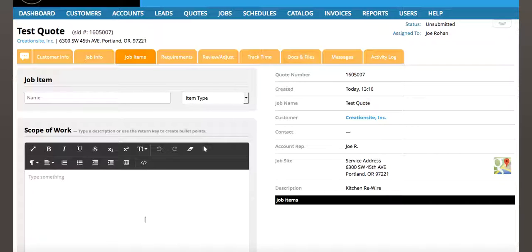The other thing is that I can create my quote using all items of work in one job item, or I can create multiple job items. So let me give you an example of how we would do that. We're going to break, in this case, my kitchen rewire job into a couple of components. We'll start with demo. And for the demo, I'm going to say remove drywall, expose old wiring,